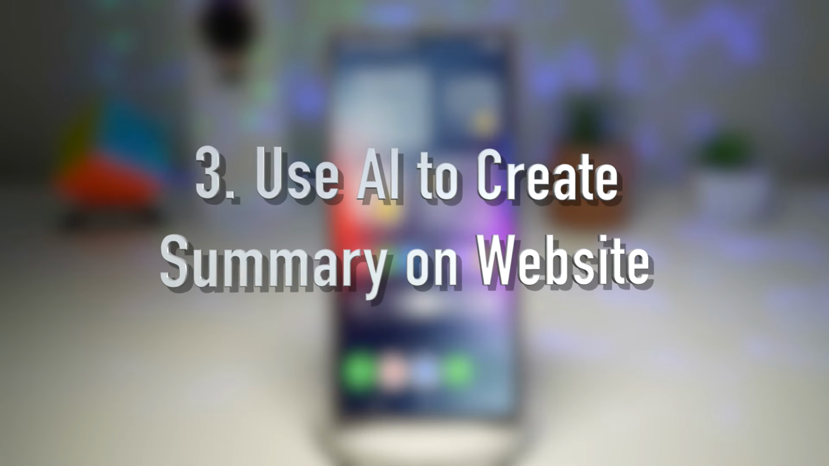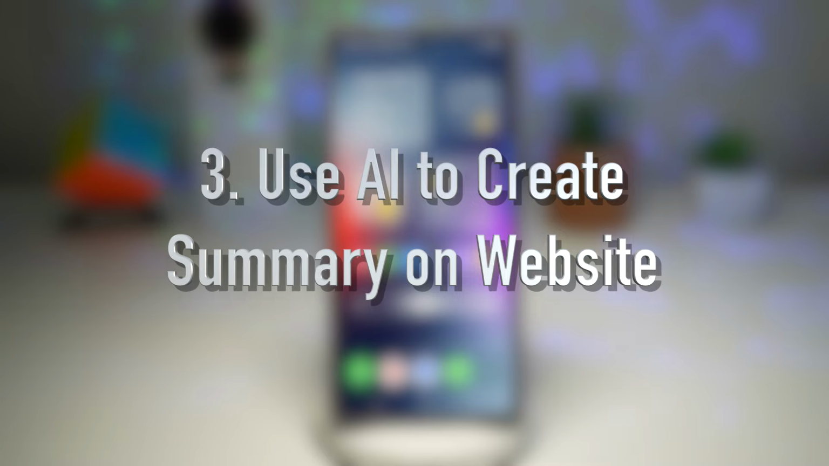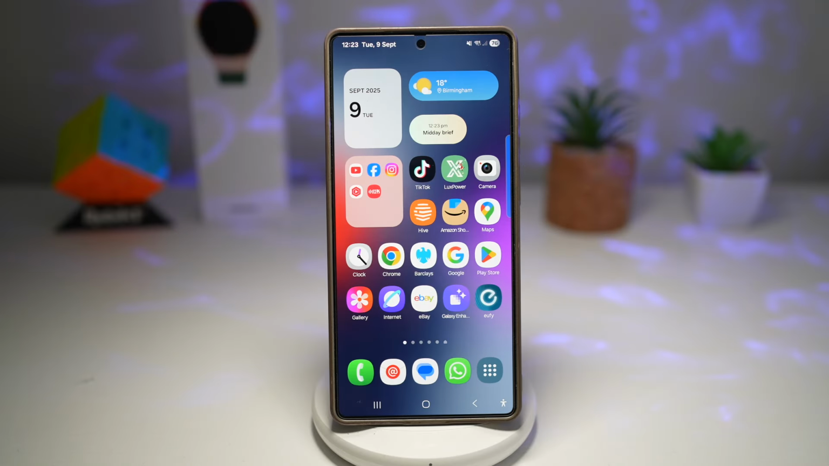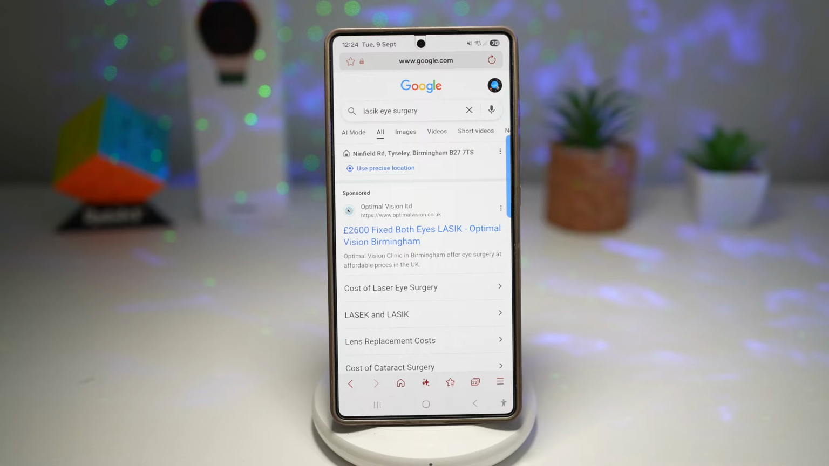Feature number 3 is where you can use AI to create summaries on websites. So Samsung's AI integration allows you to highlight a website and generate a quick summary instantly. So instead of reading a long article, you can get the main points summarized using AI directly on your device. So here in the example, we'll go ahead and open up Samsung Internet Browser and we'll